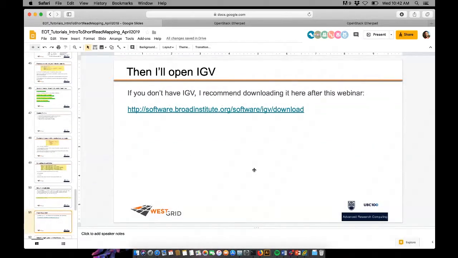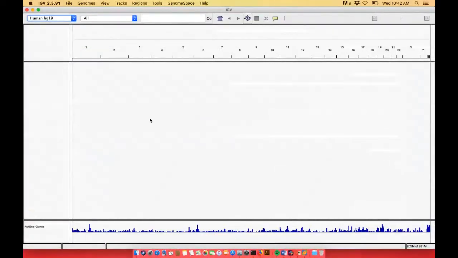So next I'm going to open IGV. If you don't have it downloaded, then you can download it here after the webinar. IGV, or Integrative Genomics Viewer, will open up in a window that looks like this. Here we can select our reference genome. If you don't have the proper reference genome, HG38 is what this data is mapped against, then you can click,